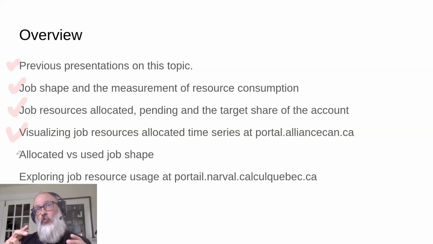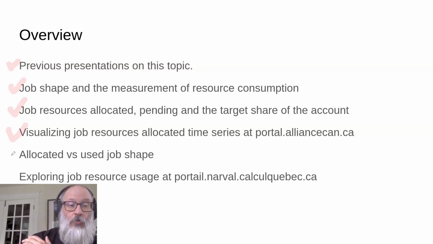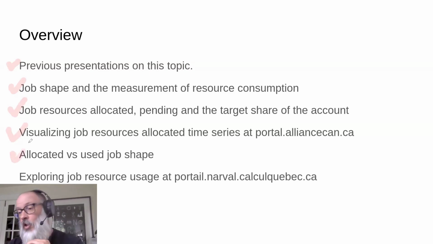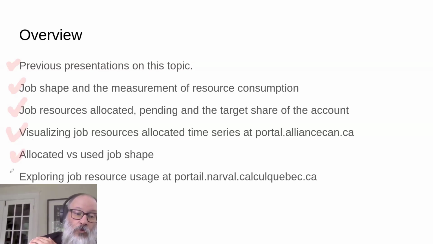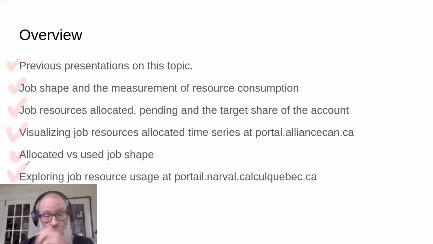Now, a big priority is to minimize how many resources you're reserving for a job in order for it to be able to fit more easily onto the resources that are available to the scheduler. But to do that, you need to understand what's actually being used within what's being allocated to the job. So we talk a bit about allocated versus used job shape. And then finally, we'll talk about the second portal, and that's exploring the job resource usage at the portal at